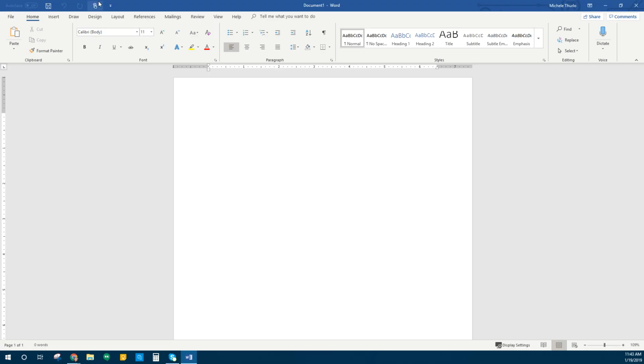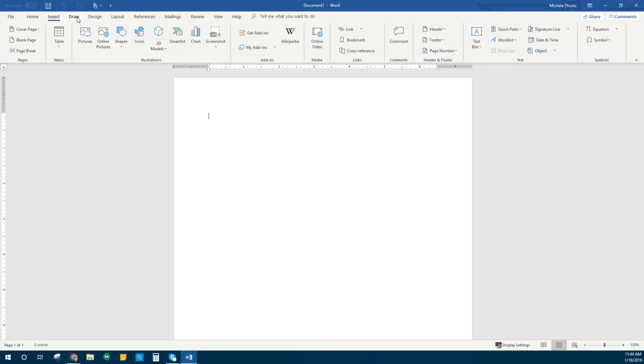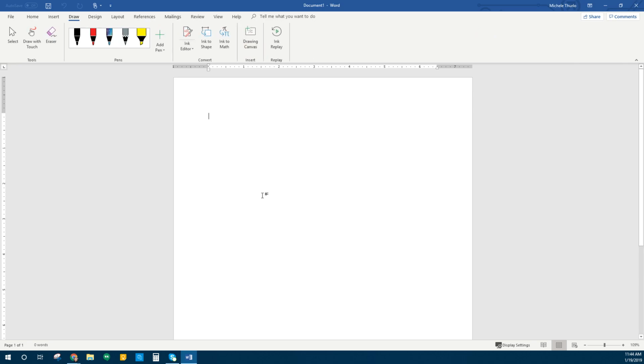So this was the quick access toolbar up here. This is our ribbon. I'll refer to this as the ribbon. This is like the command center for the Microsoft Office programs. And on your ribbon, you're going to have different tabs. For example, File, Home is your main one with your basics. There's Insert, Draw. And you'll notice that as you insert new things,